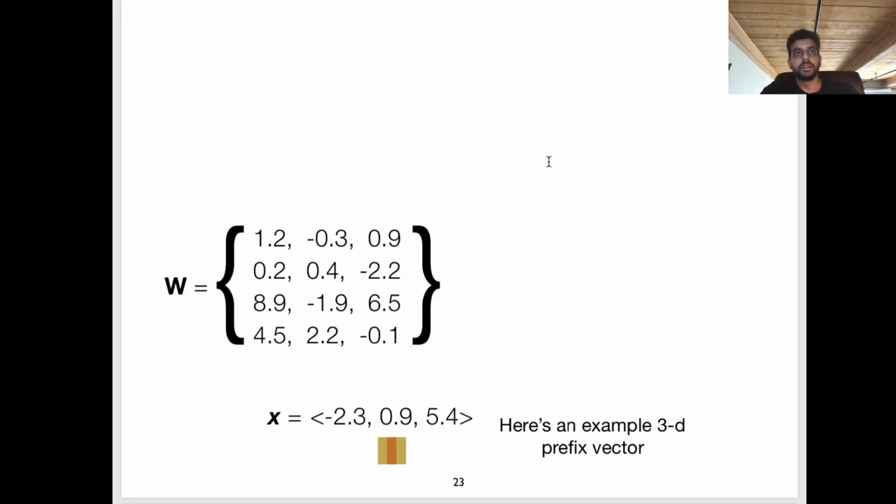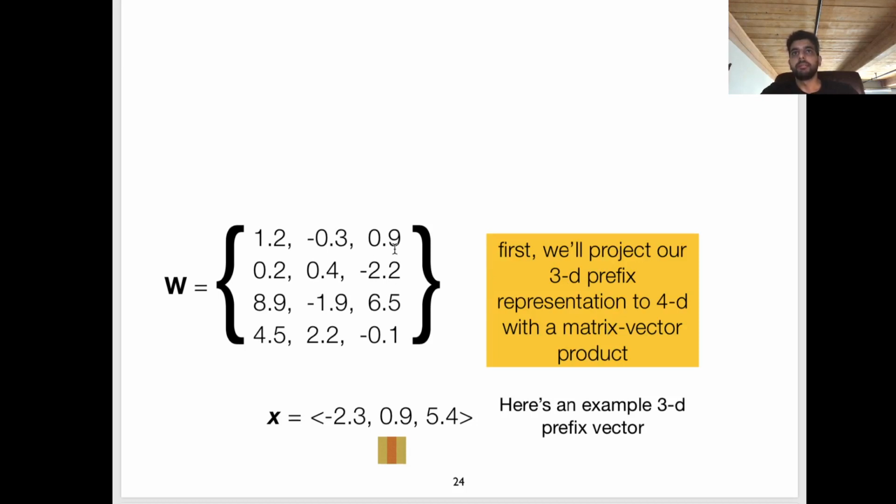Okay, so let's get into an actual specific example. So instead of just showing you this picture of a vector, let's use this actual example of a 3-dimensional real-valued vector, -2.3, 0.9, and 5.4. This is going to be the sample representation of my prefix students open there, and we're going to call it X in our notation. So this is a vector. Okay, and let's say we also have this weight matrix W. So we'll get into that in a bit. But if you recall, our output vocabulary has 4 words, and this is a 3-dimensional vector.